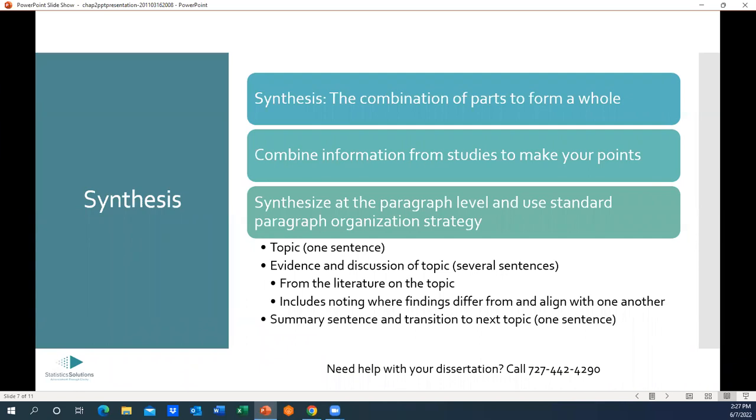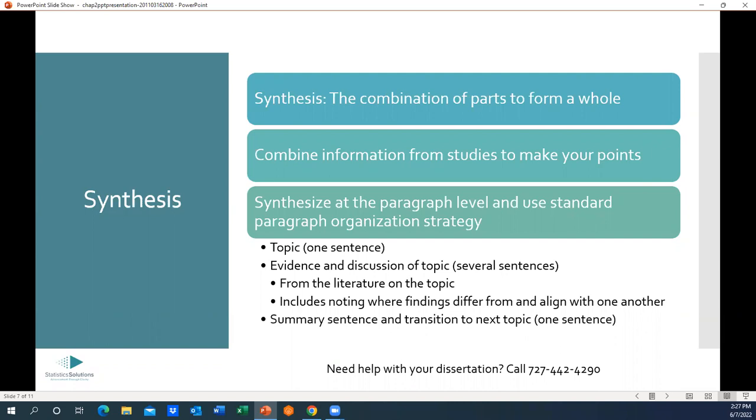But at the level of the paragraph, let's all go back to middle school or wherever we learned it. It seems sometimes when people get a lot of information, like you have with a lit review, suddenly they forget, oh my God, they're just putting stuff down and they don't know what to do with it. And I get it. It can be overwhelming, but just take a breath, remember these foundational organizational principles,